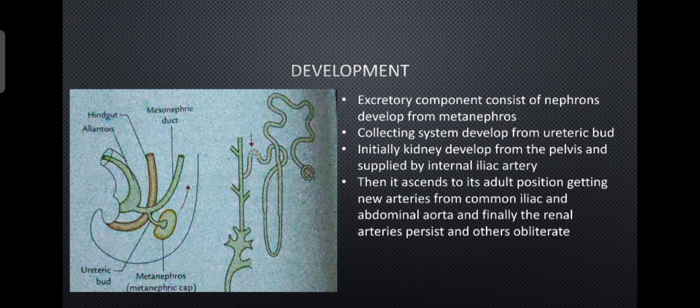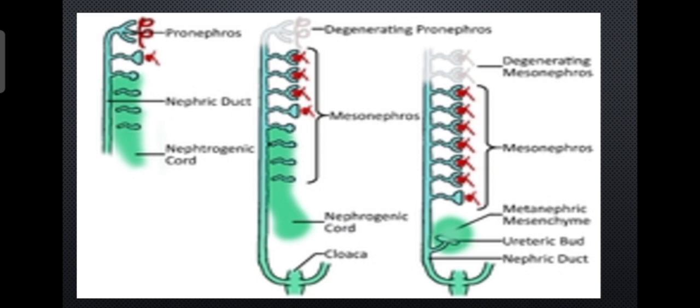Now let's see something in detail. Usually the kidney develops in three stages: pronephros, mesonephros, and metanephros. Of these, the metanephros forms the major kidney, that is, the adult kidney. The pronephros is present in the formation of the excretory system of the kidney, in the primitive embryo. That is, when the embryo is formed, in the initial stages it forms the pronephros.